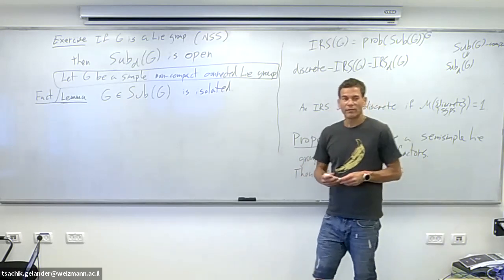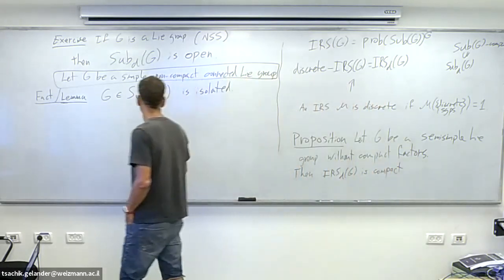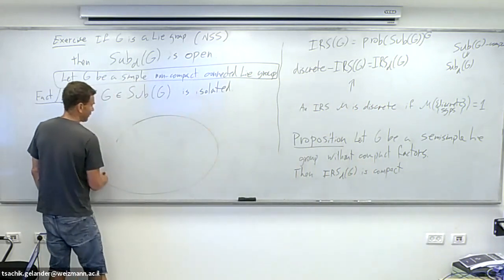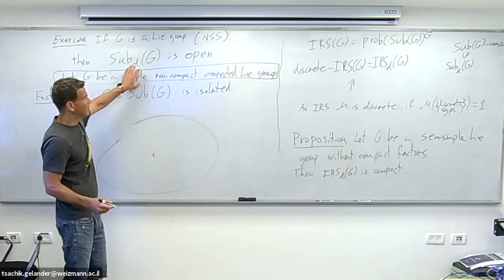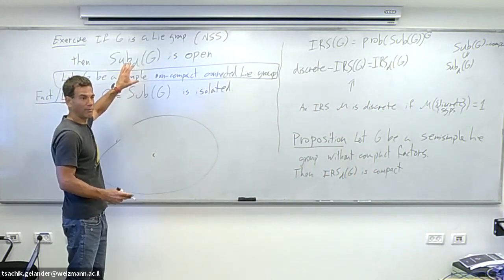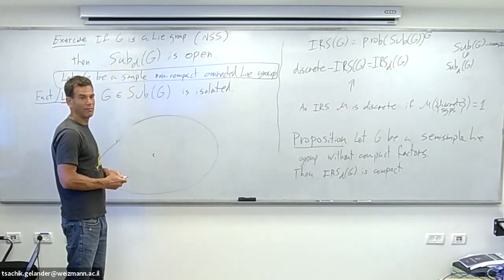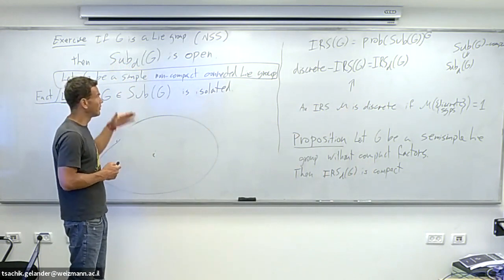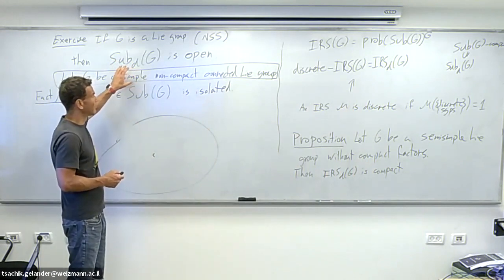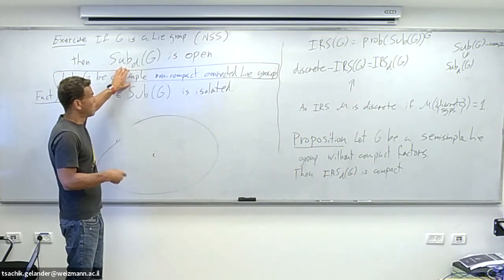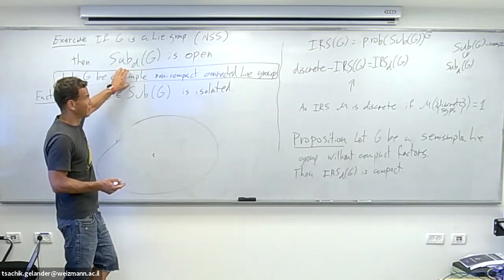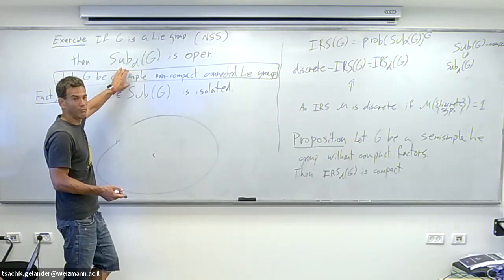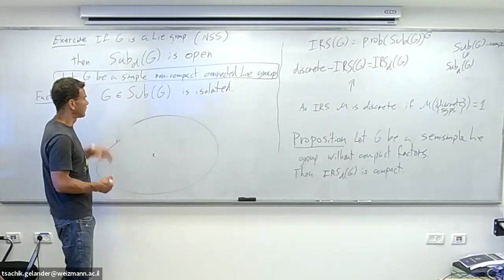Maybe we discussed it at some point, but I told you this nice fact that if you have a Lie group, and here actually, you don't even need it to be simple or semi-simple. It could be perfect, like a commutator. So actually, this is equivalent to the fact that G has no non-trivial abelianization. So G cannot be mapped onto S1, onto the circle. It's equivalent to it.